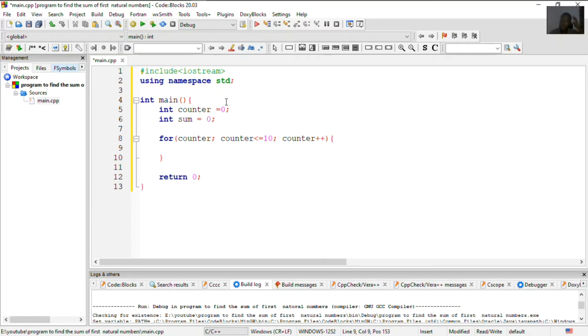So inside our for loop's body, we write a statement for sum. So if counter counts any of the natural numbers, sum will have to take that value from counter and add it to whatever it's having. So we say sum is equal to sum plus counter, and after adding whatever value of counter to sum, we have to print it to the screen. So we say cout sum,